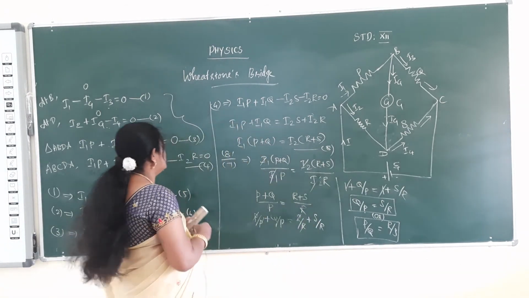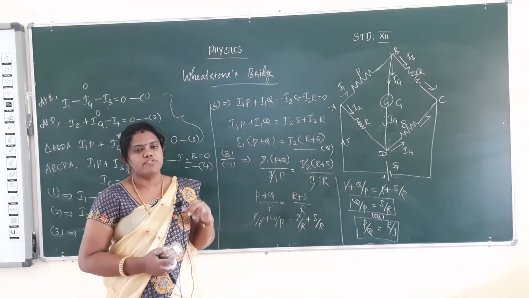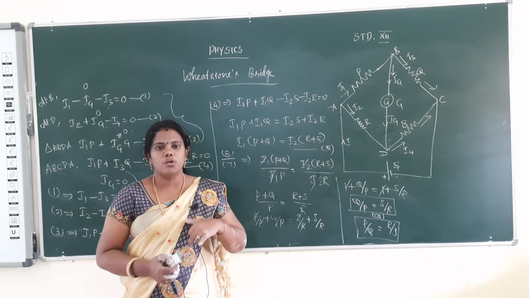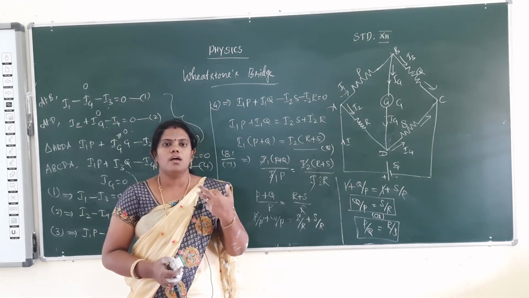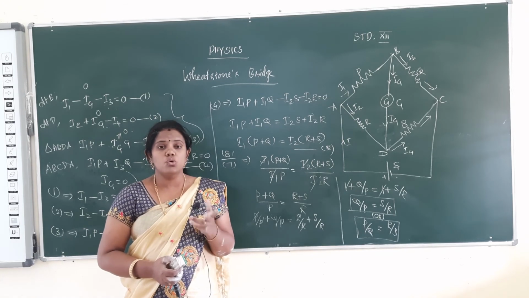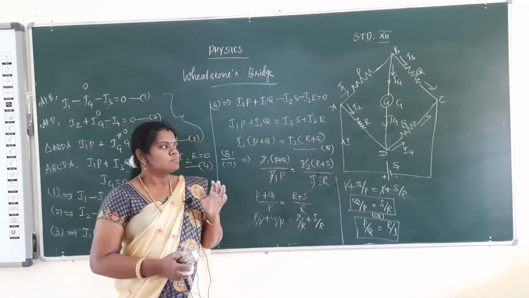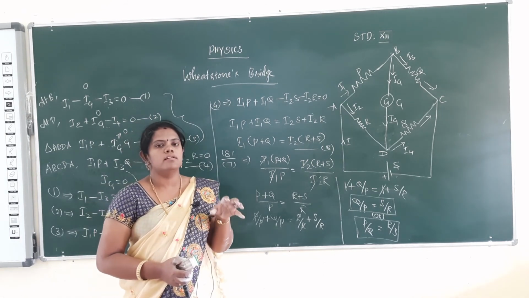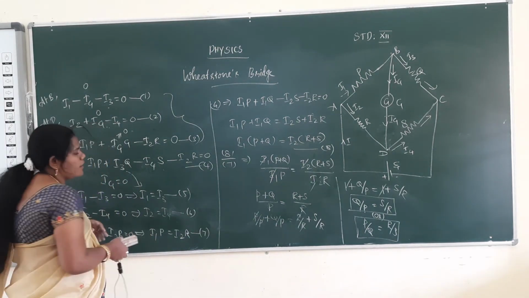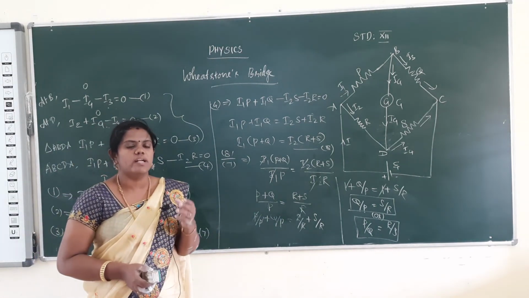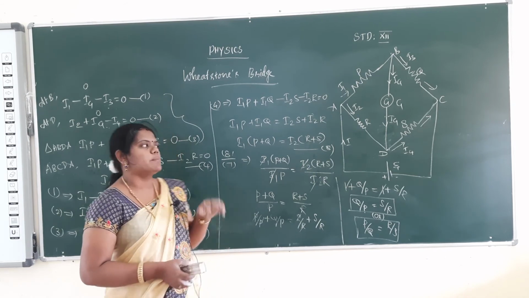Okay. In today's session we discussed the Kirchhoff rules, first rule and second rule. The first rule is the current rule or junction rule. The second rule is the voltage rule or loop rule. These two rules are used to explain the Wheatstone bridge. The Wheatstone bridge is an important 10 mark question, and it is completely based on the Kirchhoff rules. So you have to learn the Kirchhoff first rule and second rule. The first rule and second rule are important 2 mark and 3 mark questions. The Wheatstone bridge is an important 10 mark question.